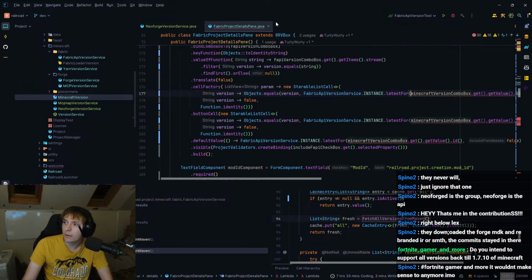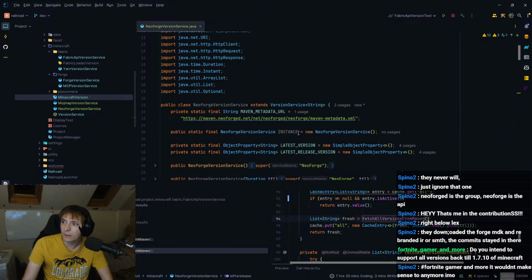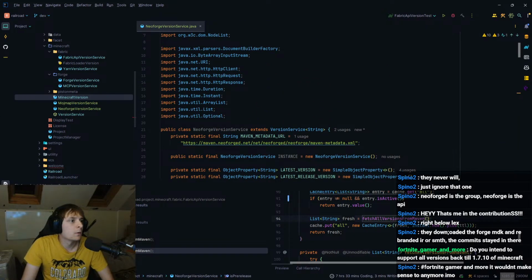This is giving me an error, but that's fine. I don't think we're going to get this integrated today. But that one's done. So that's NeoForge done. We only have 10 minutes left, and I don't think we can do Parchment in 10 minutes. It's probably going to take me 10 minutes to even find the Parchment Maven. It always takes me a while.